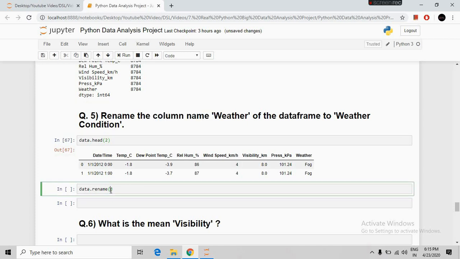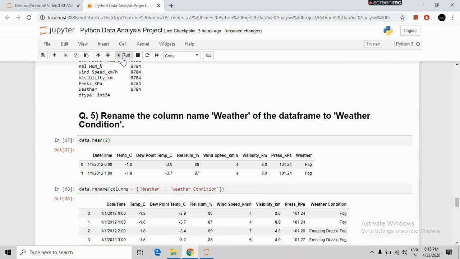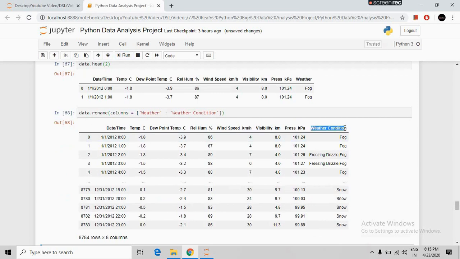So we will write here columns equal to, and then curly braces, we will write our old column name, which is weather, and colon, and our new column name, weather condition. So this is the command to rename a column. We use the dictionary format for the rename purpose. If I run this command, then as you can see the column name has been renamed as weather condition,